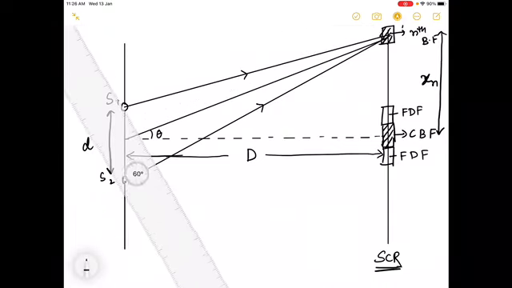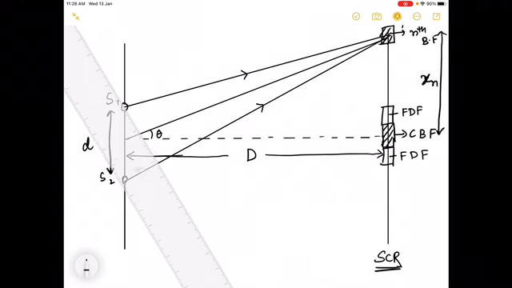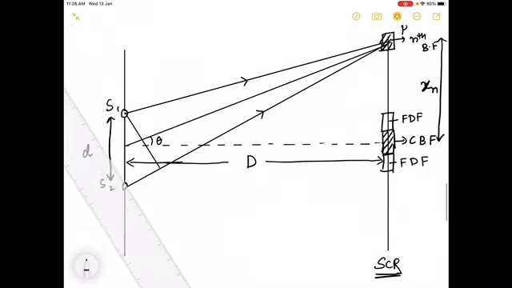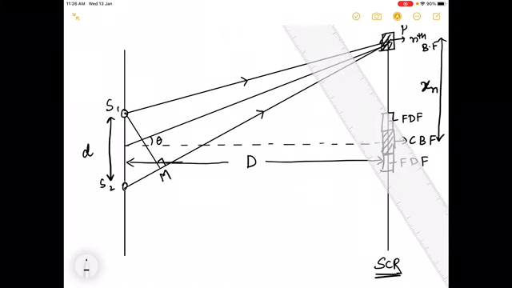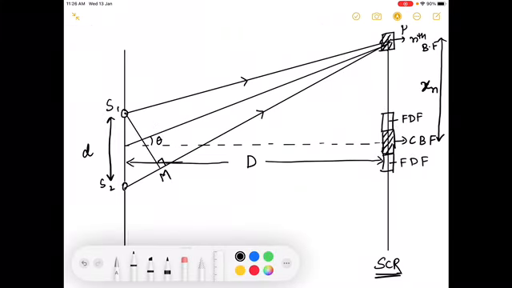How will the path difference be? Path difference is actually higher path minus lower path, right? Let me draw a perpendicular from S1 to this point. This is the perpendicular here. Let me call this perpendicular point M. Now from this diagram I can very clearly say